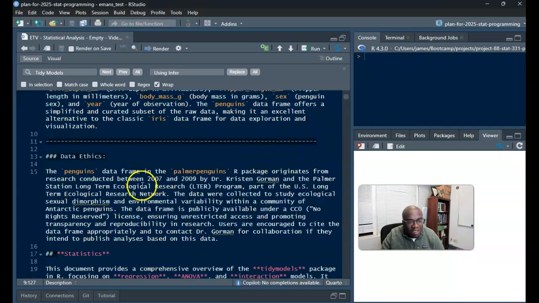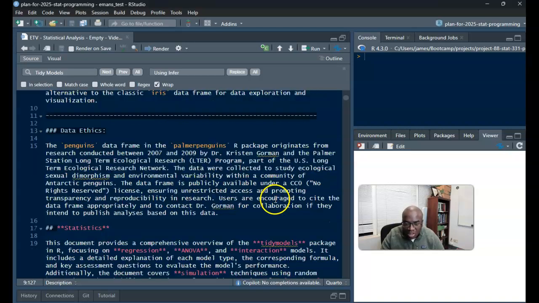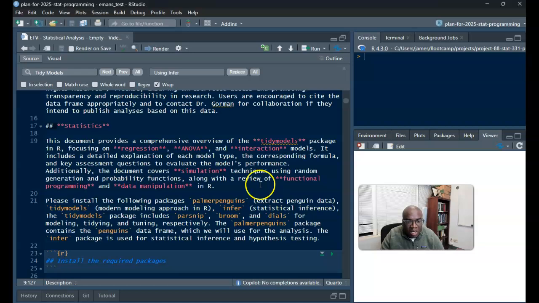When it comes to data ethics, she's allowing us to use this for public use, so that's why we're able to use it. We're going to talk about various statistical techniques, primarily what we did in 252, or what you would have seen if you took 252, the entire class, and some elements of 251. And we're going to look at 10 different techniques,